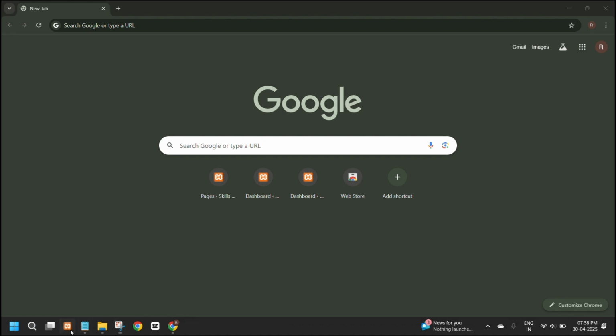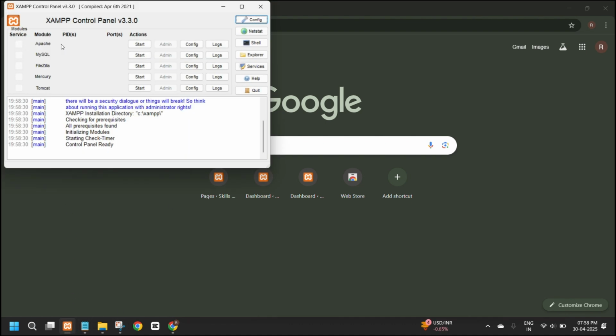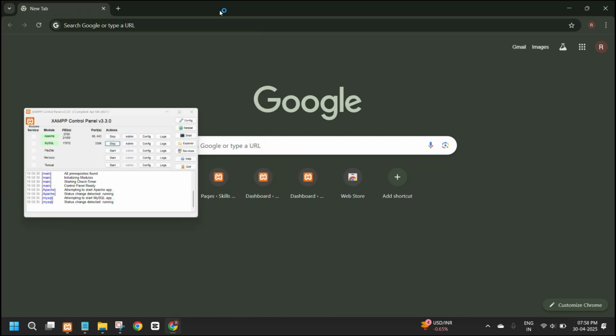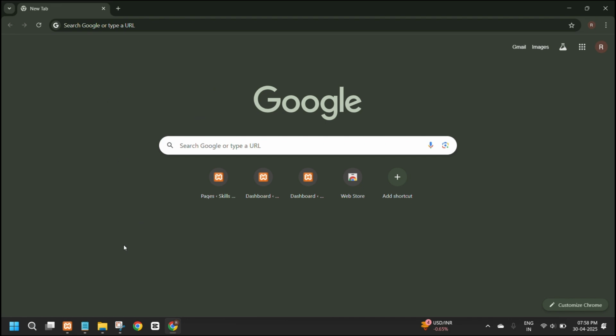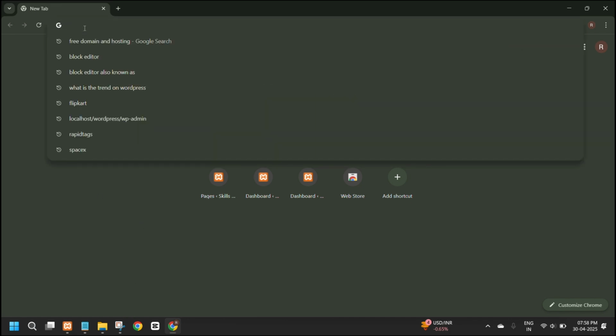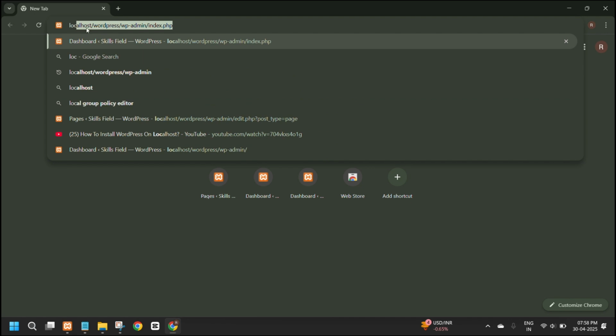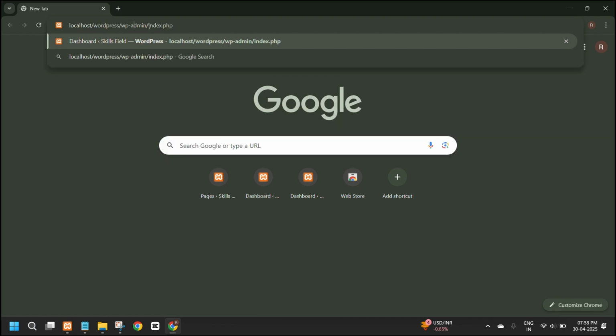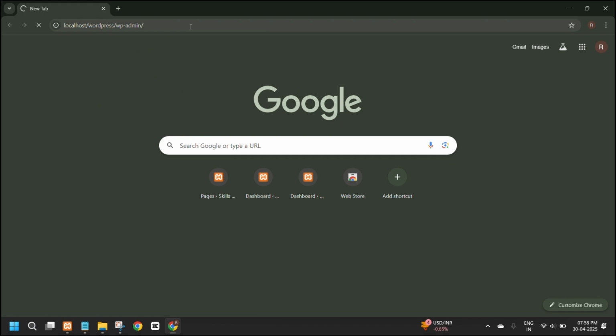So let's get started. First you need to click on XAMPP, and start the Apache and MySQL services. Then minimize it and type localhost/wordpress/wp-admin. Okay, you just enter this,